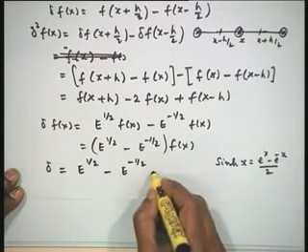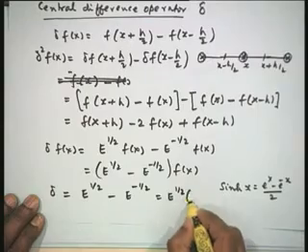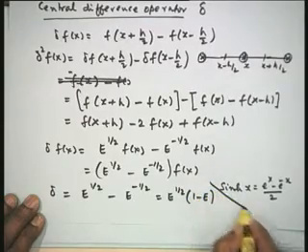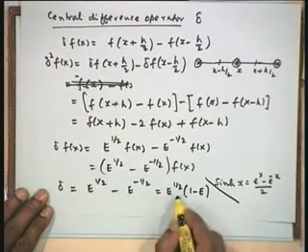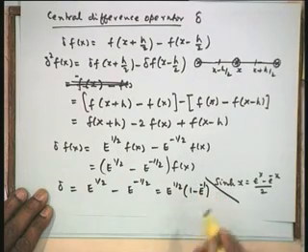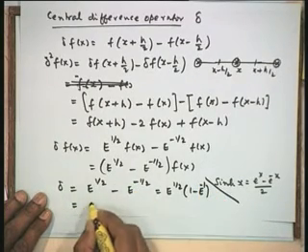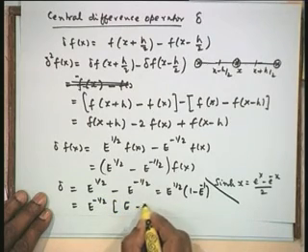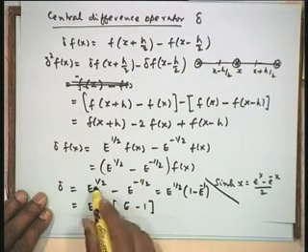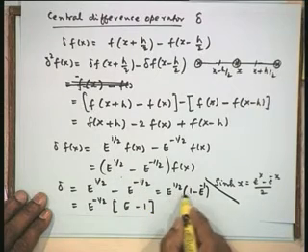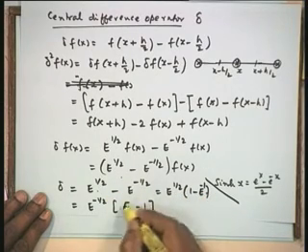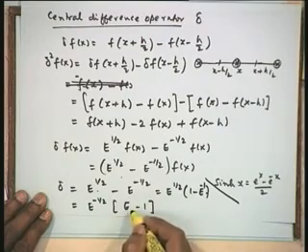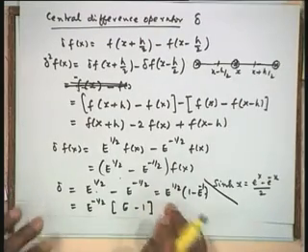which, so that you can recognize these operations that we have written here, we can write also as E to the power of half into 1 minus E to the power of minus 1, taking E to the power of half common. Or I can take E to the power of minus half outside and write this as E minus 1. Multiply it out, this is E to the power of plus half minus E to the power of minus half. So, whichever way you want to look at it, I can write this operator in this form and then use that particular thing. Okay, we will stop at this today.